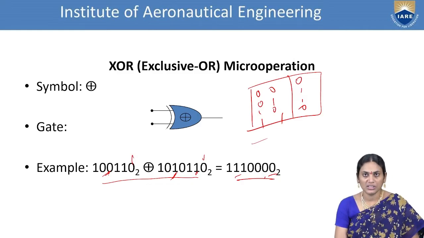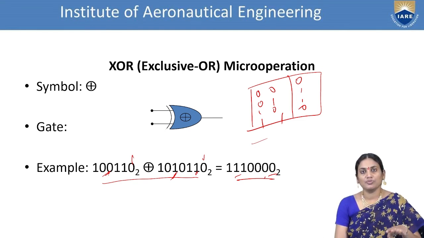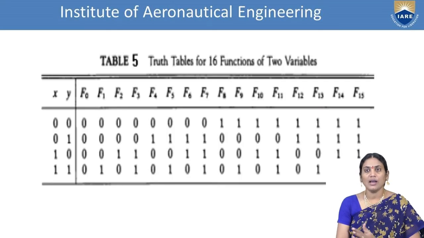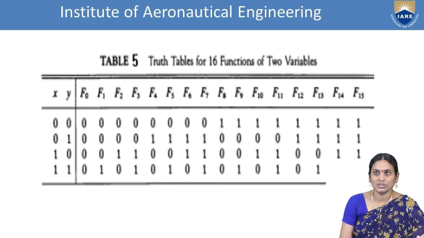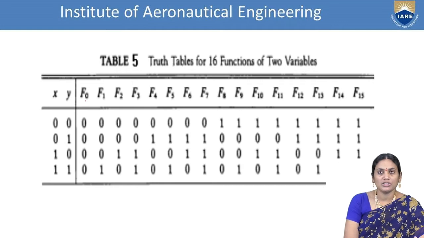Now, basing on this principle, we need to focus on how different logic micro operations are possible with respect to these 4 registers. We have 16 combinations of 4 registers where you are performing the functions from F0 to F15, where F0 to F15 is followed from equal half bits, so F0 to F7. Similarly, F8 to F15. So we divide into equal halves.